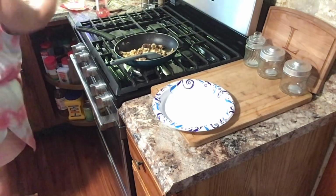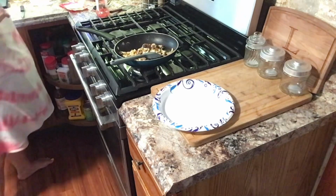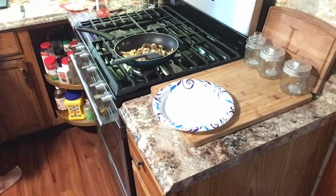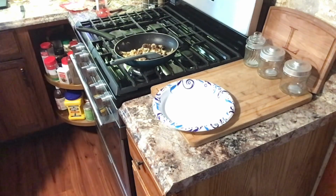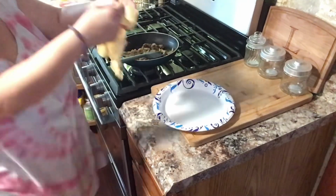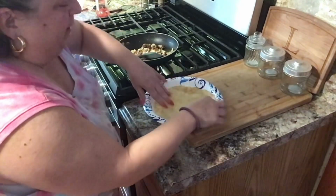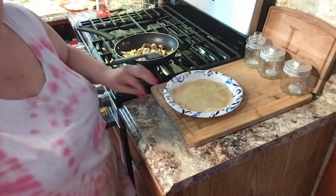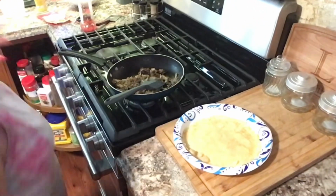I know ketchup has sugar in it, but guess what? Alright. Let me get fruit. I'm gonna get one of the thinner ones, not that top one, because I don't want it too thick for me. Alright guys, now what I'm gonna do,